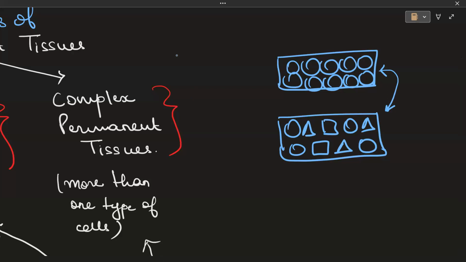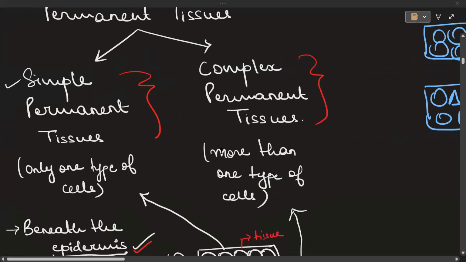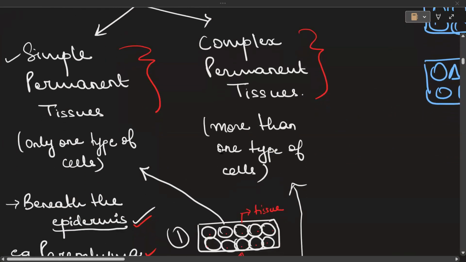The first one is simple permanent tissue, as it only has one type of cell. The other one is complex permanent tissue, as it has more than one type of cell. Correct. Yes, that's right. So the reason why I explain that is because in the case of simple permanent tissues,